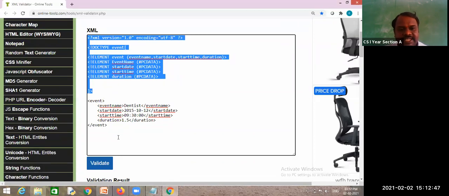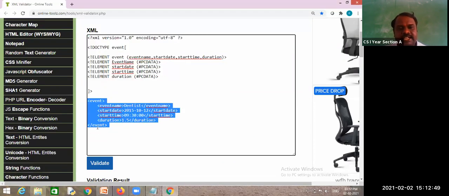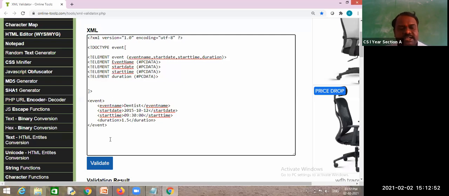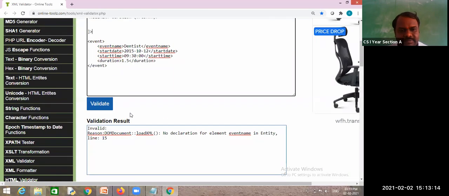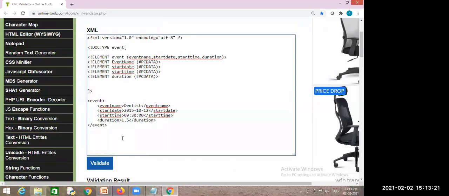As an employee, you need to create an XML document and check it against this DTD, whether it is a valid XML document or not. Prepare the DTD and the XML, merge the two, and check whether it is validated. Is it clear? Clear, sir.